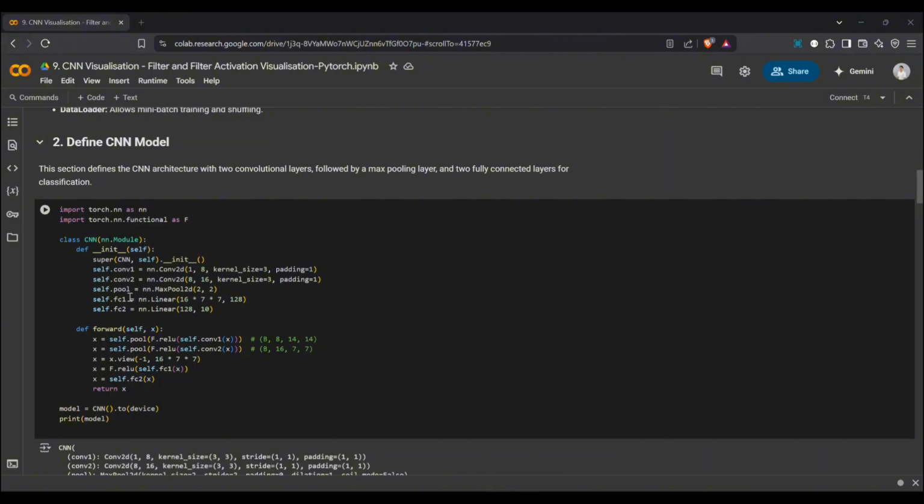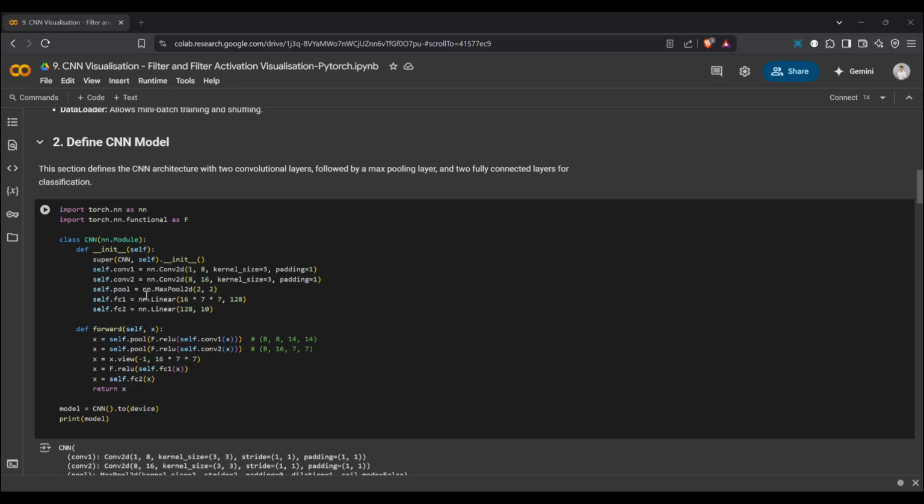Then we apply max pooling to reduce dimensionality while preserving important features. Finally, we use two fully connected layers to predict the class label, obviously 0 to 9. In this section, we build the architecture of our CNN using the PyTorch nn module.